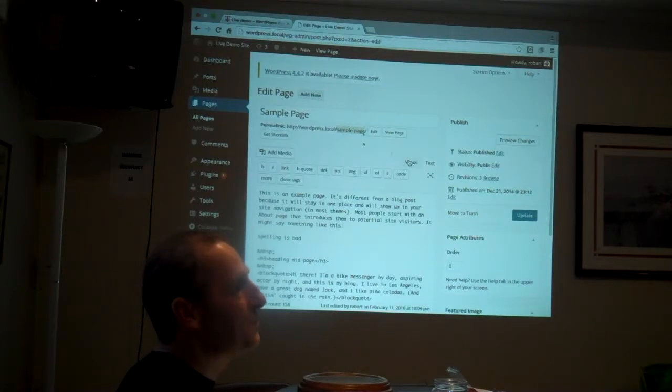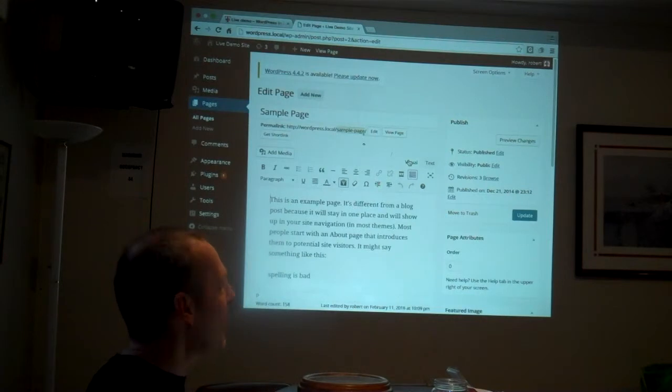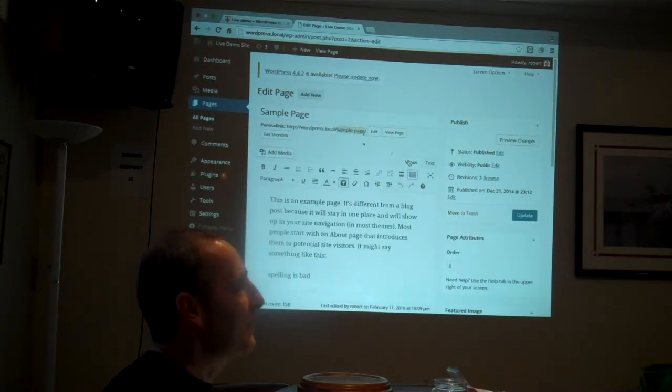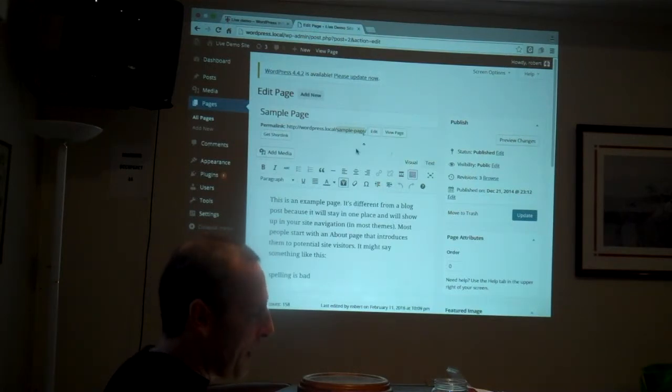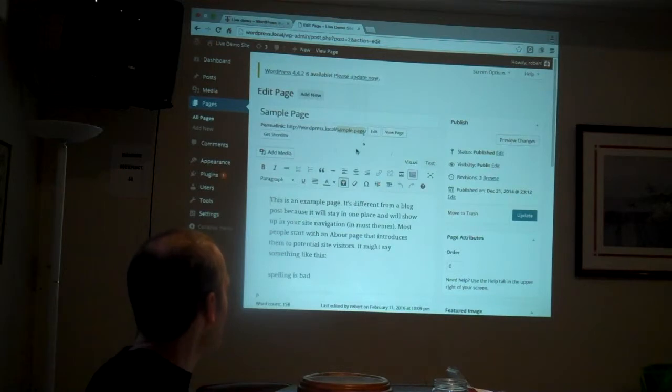Word's kind of notorious for adding all kinds of stuff, isn't it? It does. Whether you blame Word for sending it or WordPress for receiving it, I don't know, but it's usually not going to come out the way you intended anyway, so it's best to just not expect that at all. Okay, so